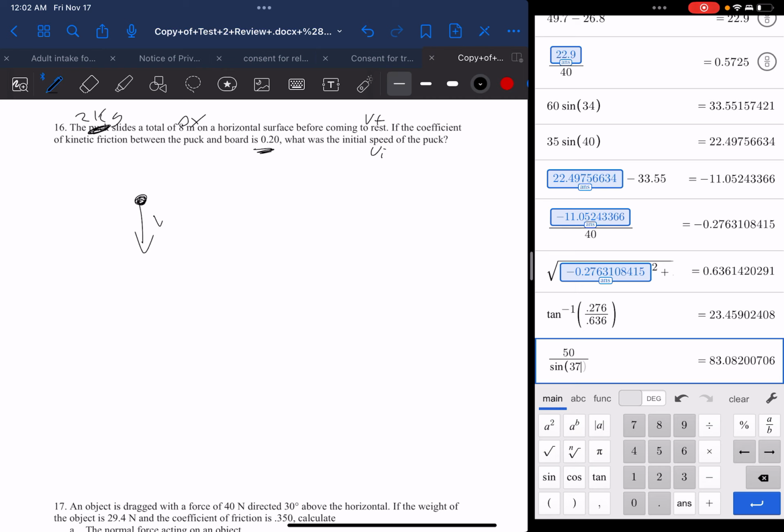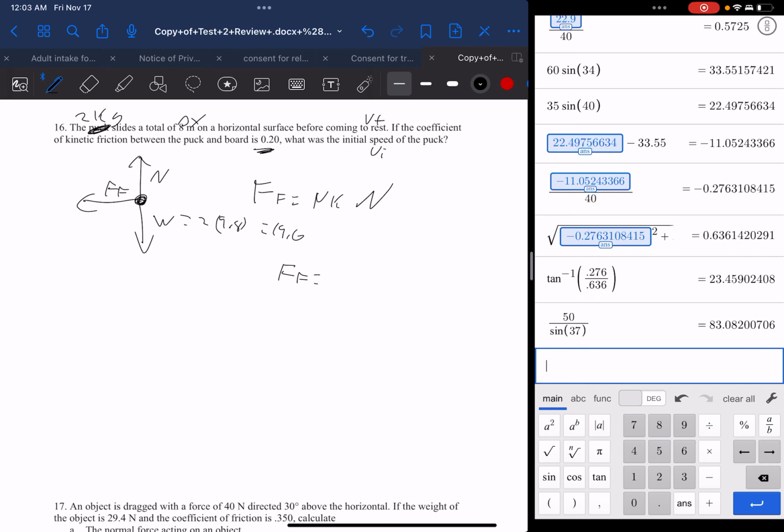The puck is weighed down, it has a normal force pushing up, and the friction is just slowing it down. So that is the force of friction over here. The force of friction equals the coefficient of kinetic friction, which we're given, times the normal force. Since there are no other up or down arrows in this particular question, the normal force is equal and opposite to the weight, which equals the mass times acceleration due to gravity, which is 19.6. And the coefficient of friction is 0.2, which means that the force of friction in this particular problem